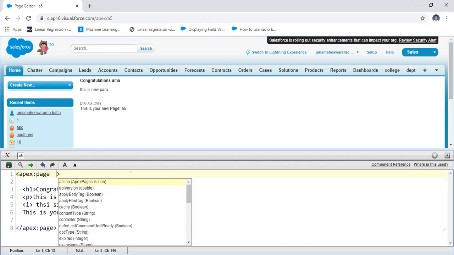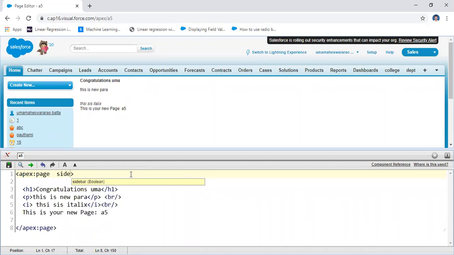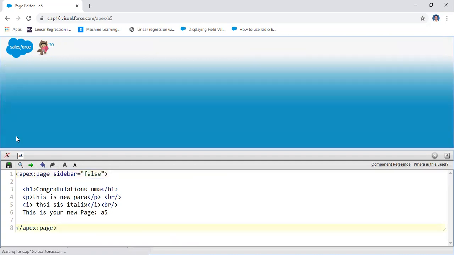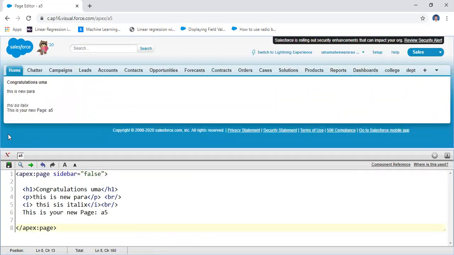How can you remove it? There is a sidebar attribute, which is a boolean. If you write false, it will remove the sidebar from the apex page.